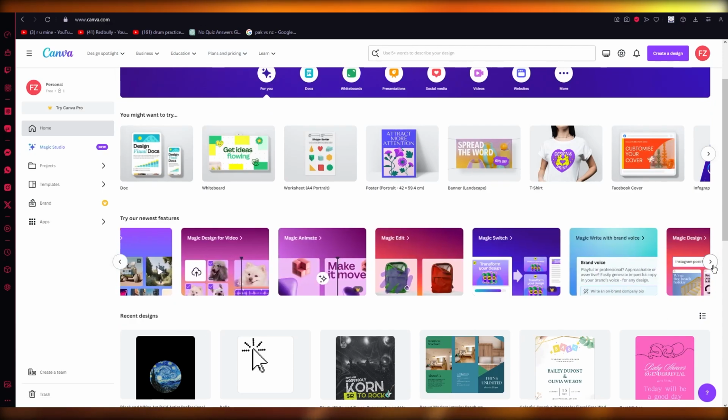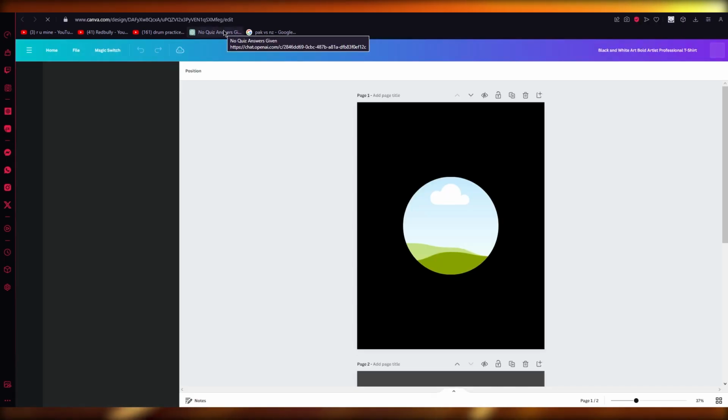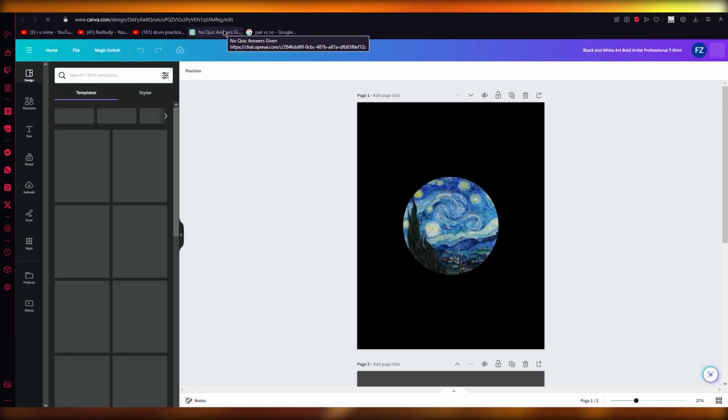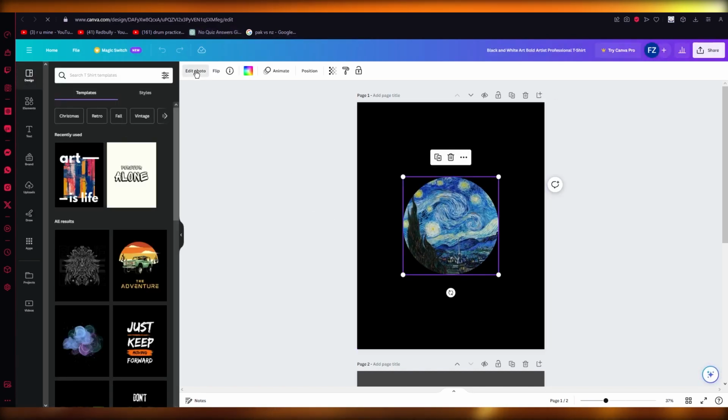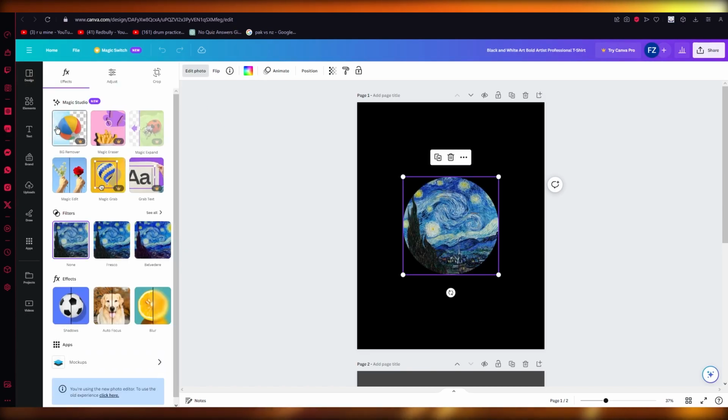If you go under features over here, it's going to give you the Magic Resize feature, but I'm just going to get you straight into the design to show you how you can resize your images. So once you come into your template over here, you can choose any image. You can click on edit photo, and once you click on edit photo, the resizing of your images can be seen through here in your